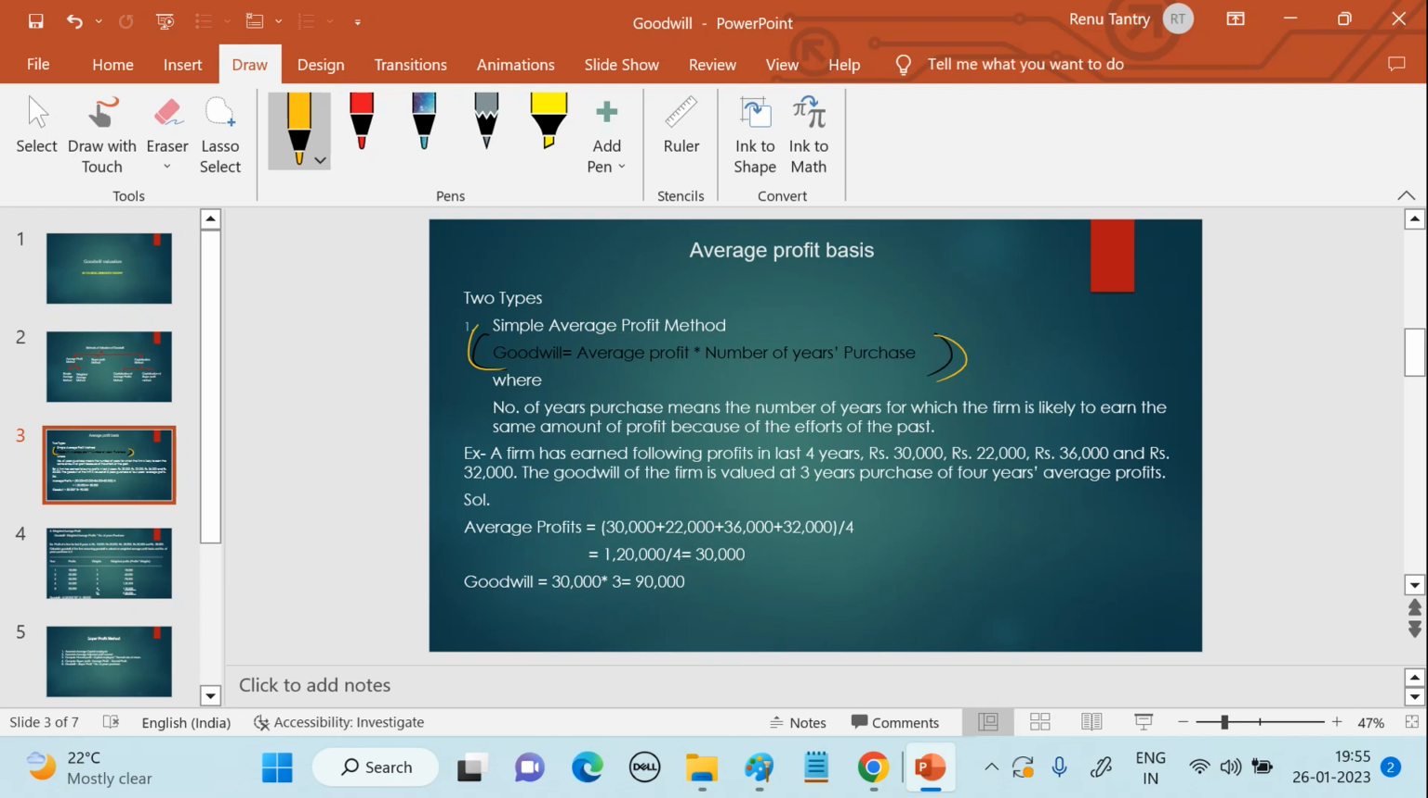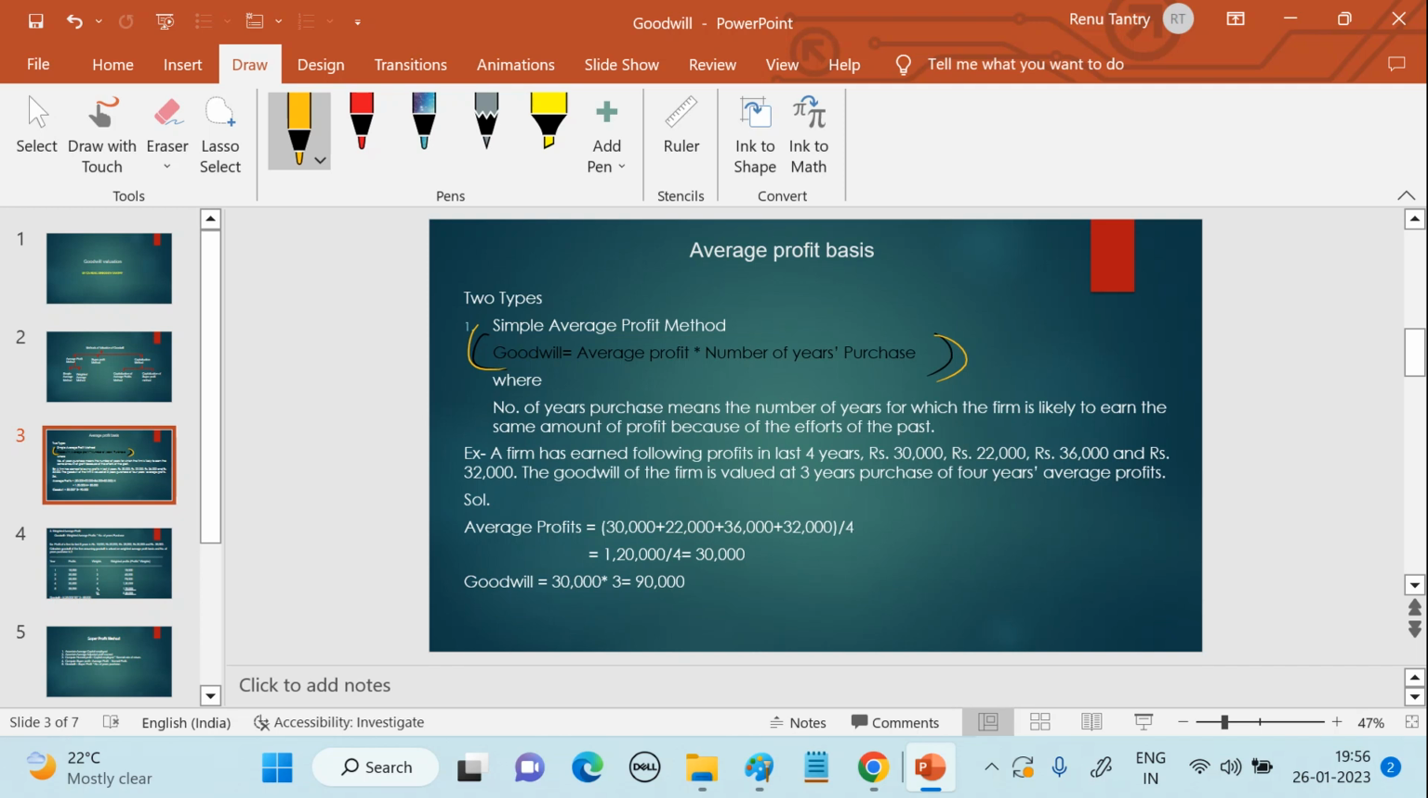Now what is number of years purchase? It is nothing but the number of years for which you expect that you'll be able to earn the same amount of profit because of the efforts that you've put in the past. So that is the number of years purchase, which usually will be given to you in the question. There's nothing to calculate. It's just a concept that you need to know. So you'll have to multiply it, and the amount that you get is the value of goodwill as per simple